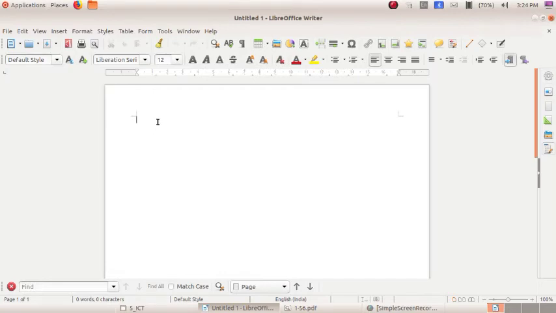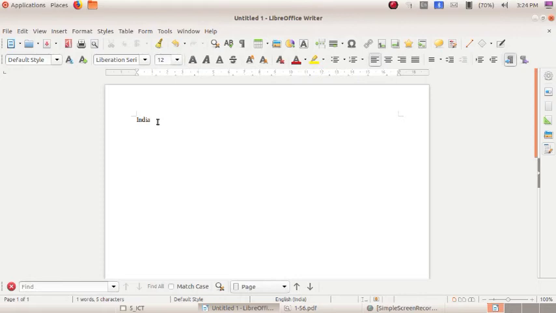Now I want to type something here. See, the cursor is moving when we are typing the letters. Now I want to type in the next line, so we move the cursor like this by pressing the Enter key.